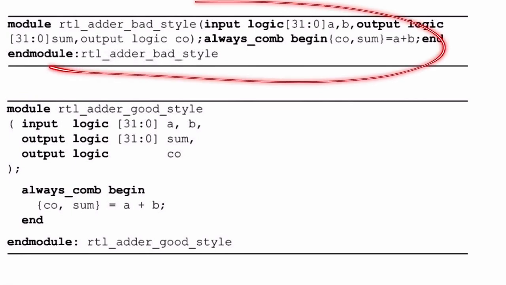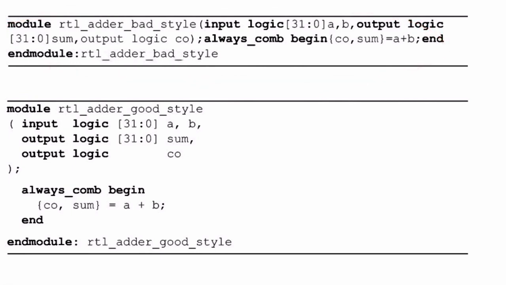What do you think is wrong with this example? One, everything is crammed together, right? Making it harder to read. Number two, there's no clear separation between your inputs and outputs. Number three, the always_comb block is on the same line, making it difficult to spot logic at a